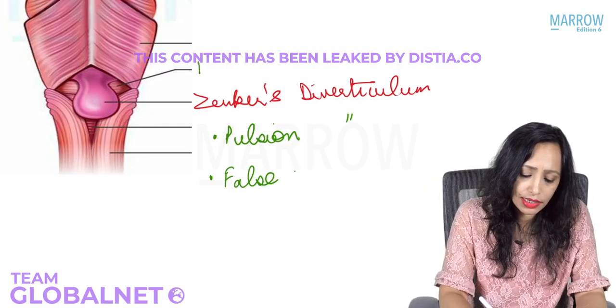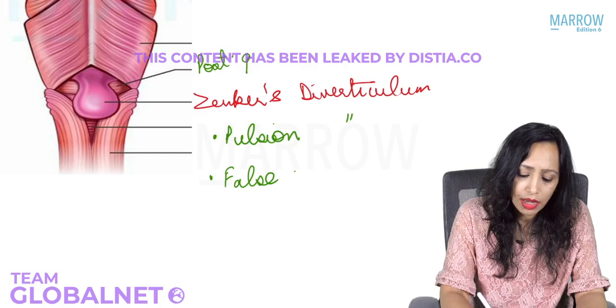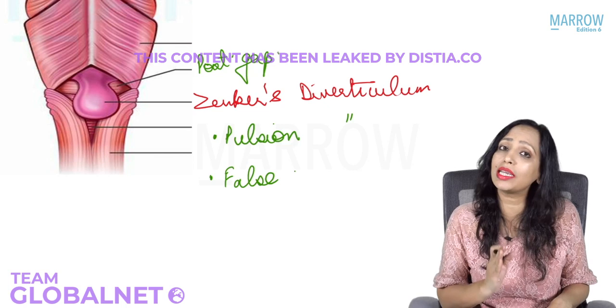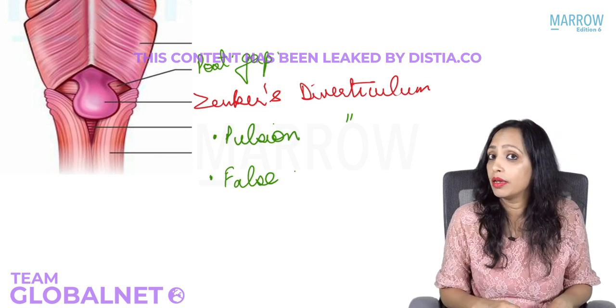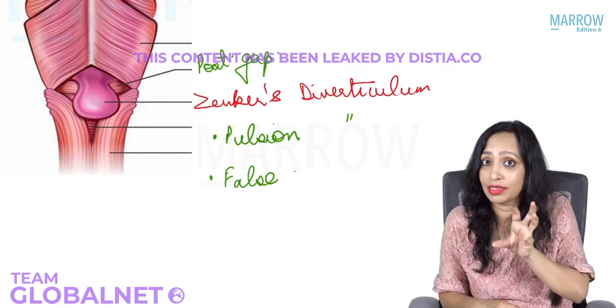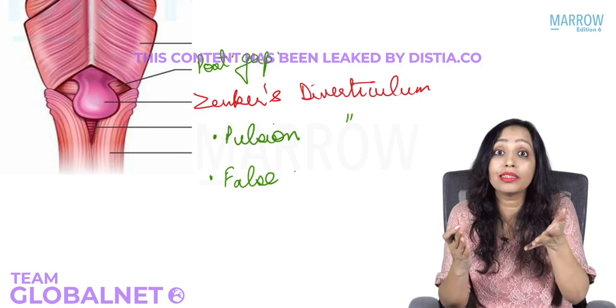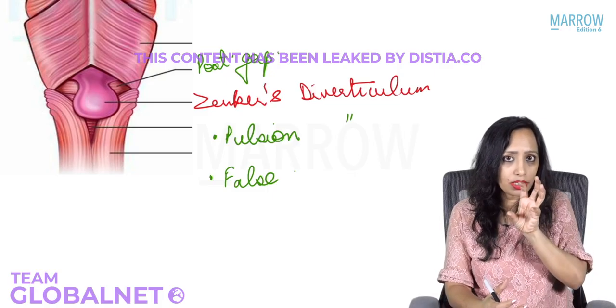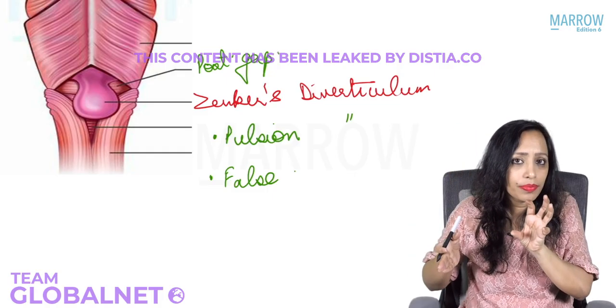This Killian's dehiscence is a posterior gap, which means that on which view of your barium swallow will you see this pouch best? See, if it is a posterior gap, this pouch, when it starts, initially, to recognize it early, if it is coming out like this, you will have to get a lateral view done.